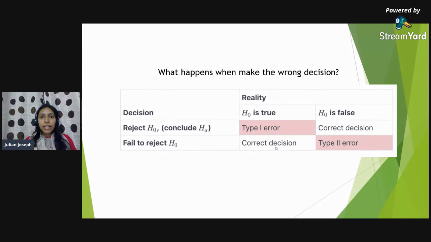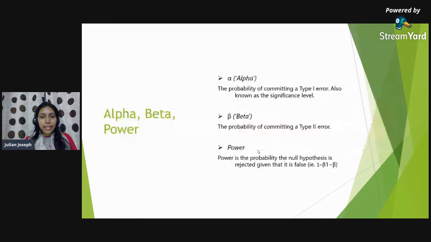And this is called the type 1 error and the type 2 error. So please be really clear about these concepts because this is our foundation, and it is definitely going to help us in the coming slides. Now, the probability of committing that type 1 error is also known as the significance level, or alpha. This alpha is usually decided before we go ahead and perform the hypothesis testing.